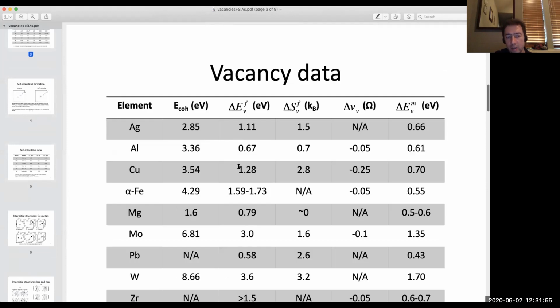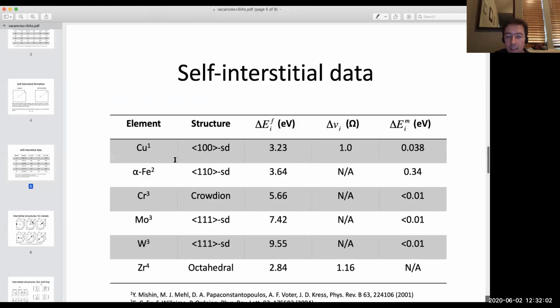Compare that to the formation energy of a vacancy in copper, 1.28 electron volts. So it's almost 3 times as high. Self-interstitial formation energies tend to be much higher than those of vacancies. We're going to be able to see that when we calculate the energies of those defects using LAMMPS. So you'll be able to do that at the next tutorial.